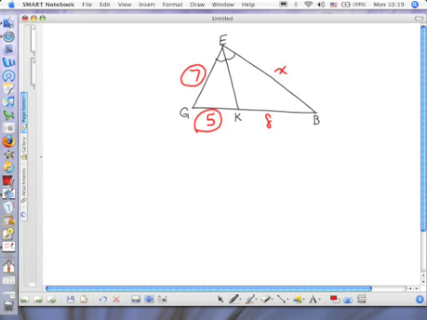The left-hand side of the triangle over the left-hand portion that was just created by that angle bisector is equal to the right-hand side of the triangle over the right-hand segment that was created by the angle bisector. This is your triangle angle bisector theorem. And your proportion is set up in this way to where you can find the value of X. When we cross multiply,